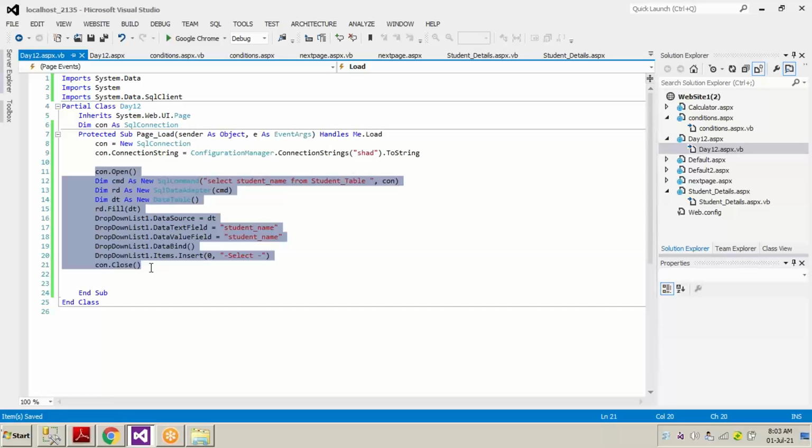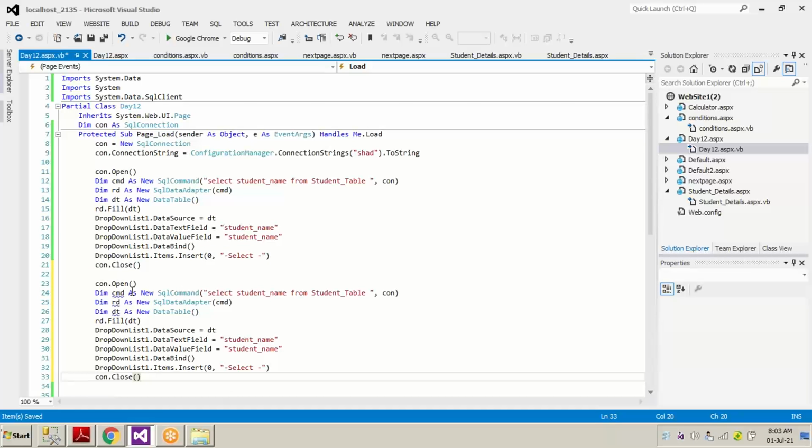Now you can see a blue line appearing below the CMD. When you put your cursor over a blue underline or a red underline, it shows some errors, messages and warnings. If you put your cursor on top of the error, you're going to see the error description: Local variable CMD is already declared in the current block. What does it mean?